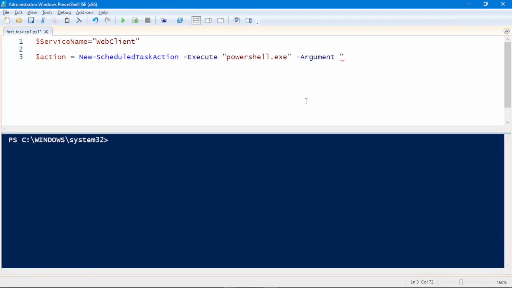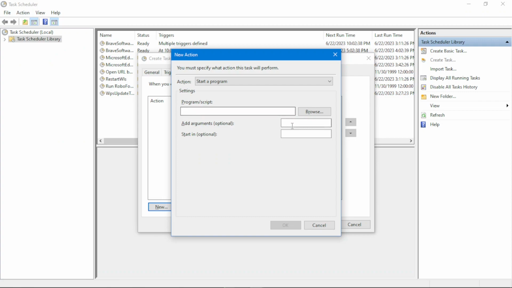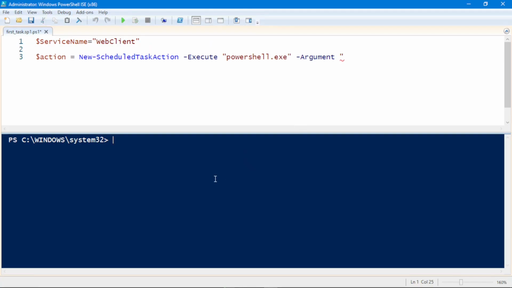And as you might have seen in the previous video, here we passed the dash command flag, and then we did something with that, right? So that is what we are going to do here. The command that I want to try with that, let me try that right here. The command that is going to be executed whenever this is triggered is PowerShell.exe -Command,